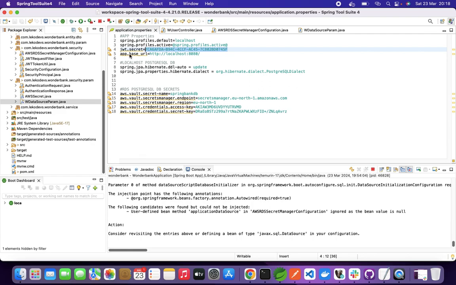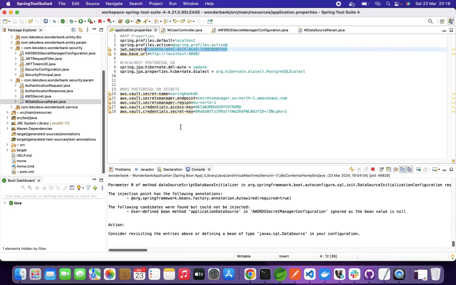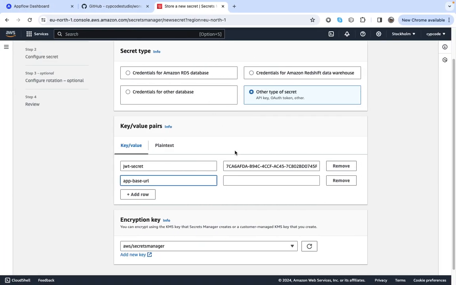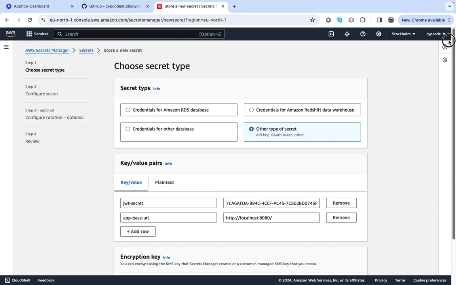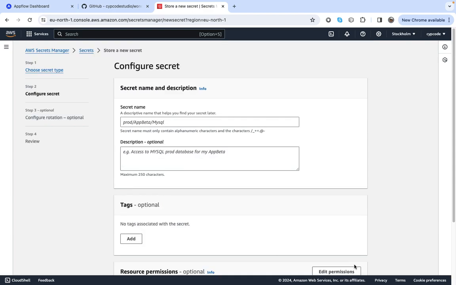Let's call it app base URL. Let's take that and paste it over there. So localhost 8080, and basically this looks fine. These two look fine for me. Encryption, AWS Secrets Manager. Now we're going to say next, and the secret name will be, let's say, this secret